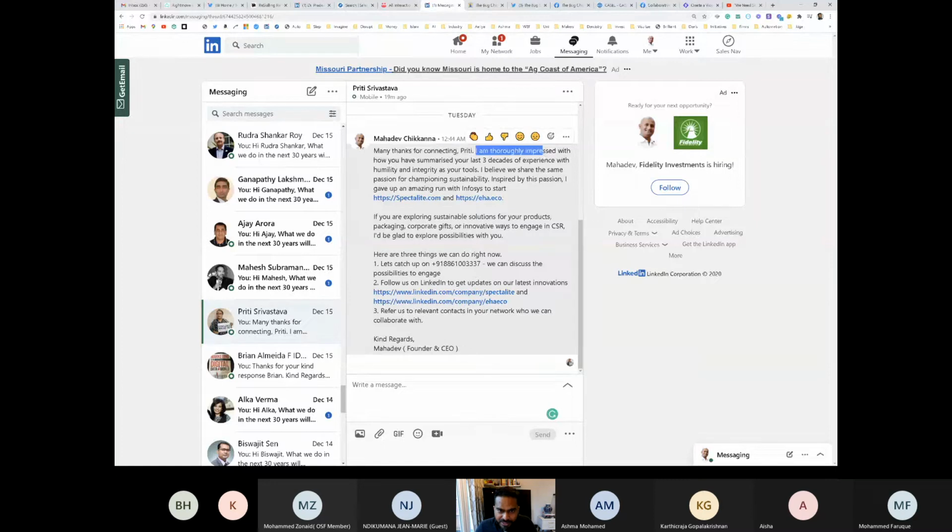I'm thoroughly impressed with how you have summarized your last 3 decades of experience with humility and integrity as your tools." This context you cannot put in if you are automating it. It's very important context. What you can put in, if you automate, is something like "I believe we share the same passion."